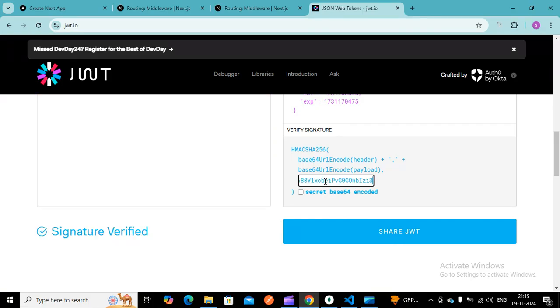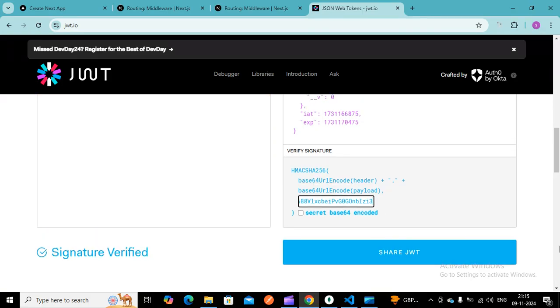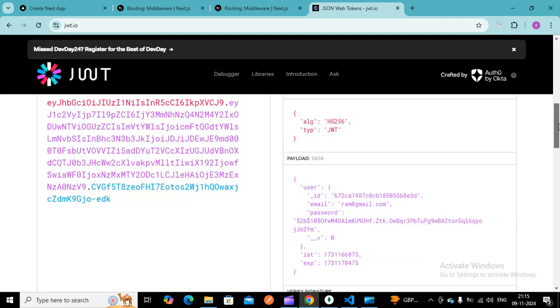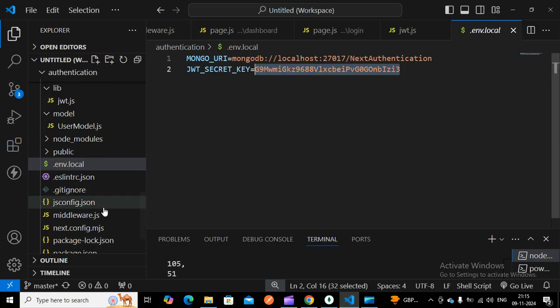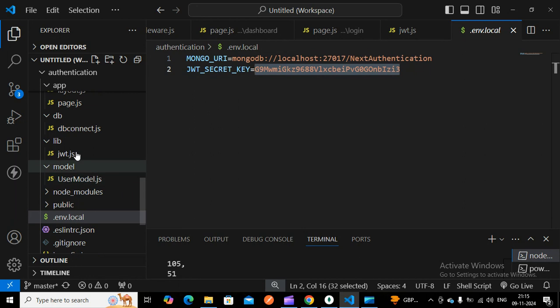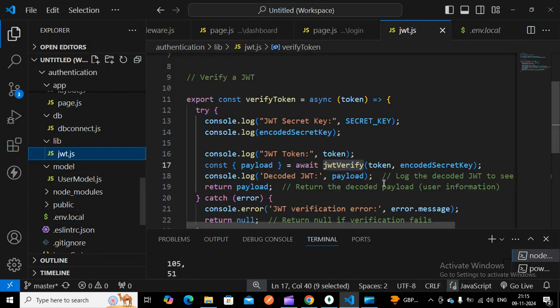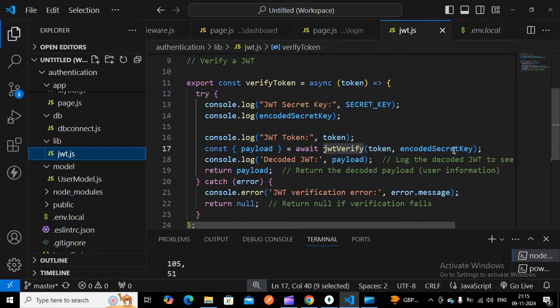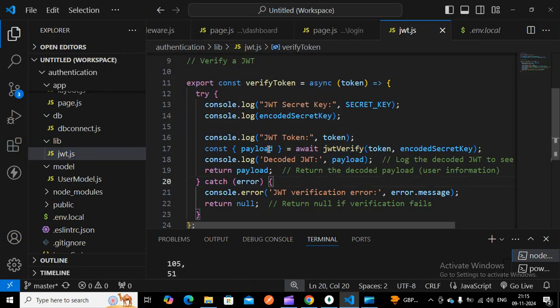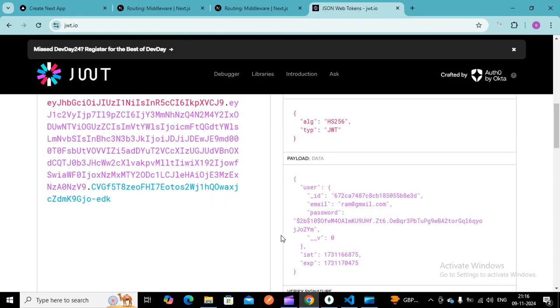Once I give the key, the signature is verified, and I get the payload information. In jwt.js, once the token with the secret key is verified, we can access the payload information, and I return the payload, which is the user details.